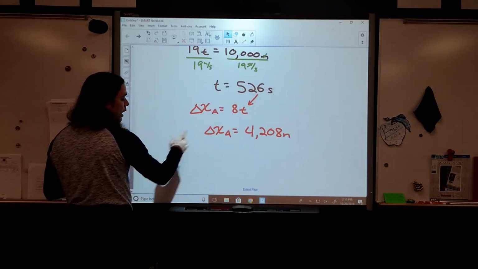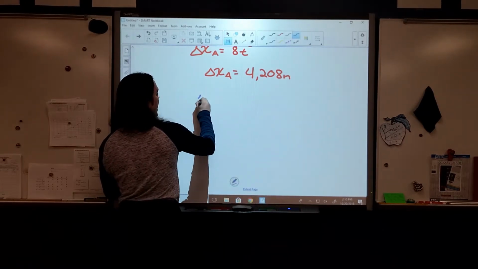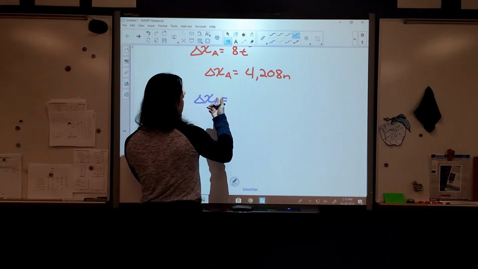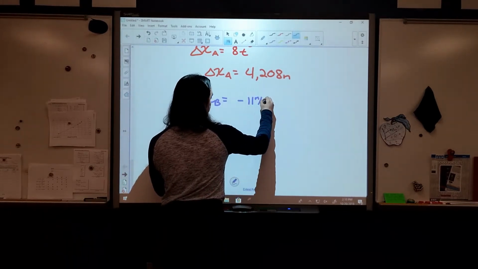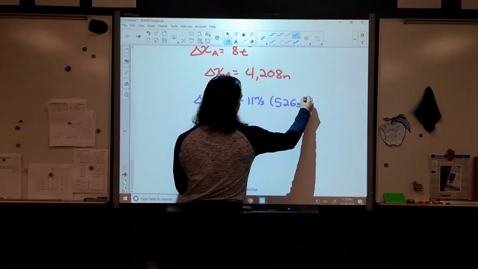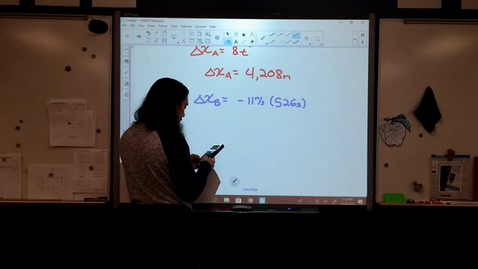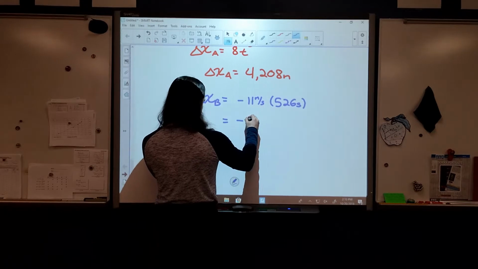Great. Let's double check something real quick, just to make certain that we haven't made any math errors, which is entirely possible because I'm not going off of notes here. Let's double check our delta XB. We said that there was negative 11 meters per second times our time, which we now know to be about 526 seconds. So if I take 526.3, if you'd like, times negative 11, I end up with my displacement is negative